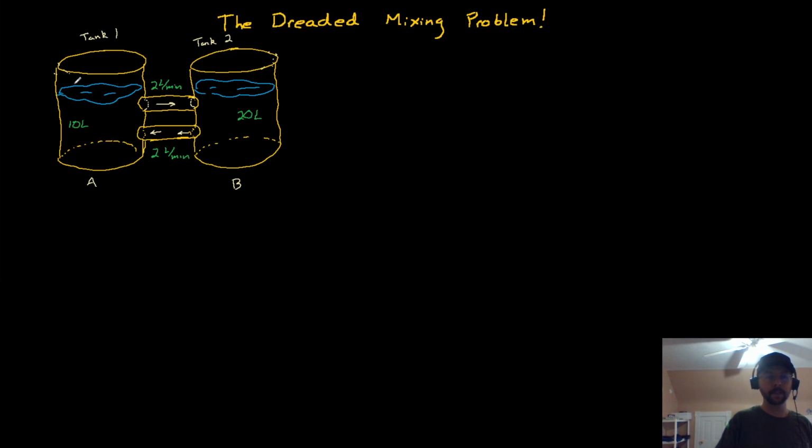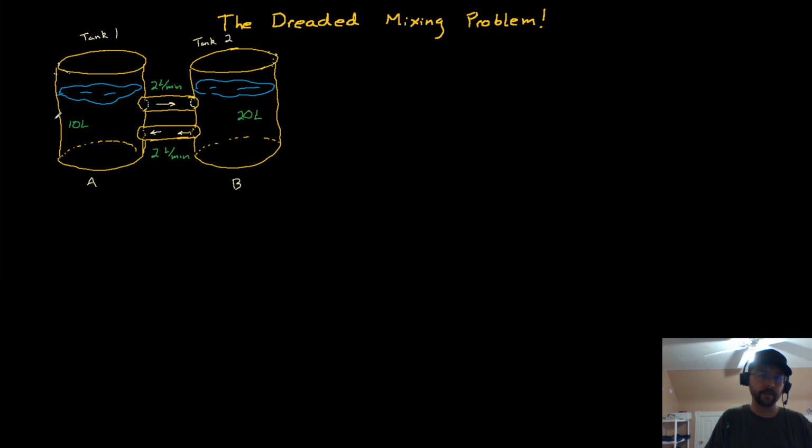I don't have any change in volume, first of all. I don't have anything going... since there's no change in volume, that actually gives a lot of constraints. So the flow between the two has to be the same because there's also no flow in and no flow out of either of them, other than going back and forth between the two tanks. So what we would actually be solving for here is,